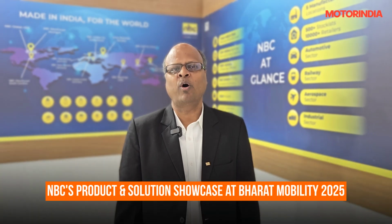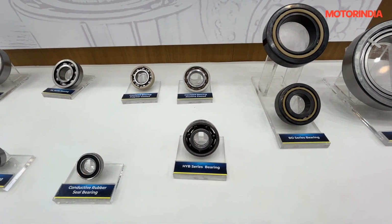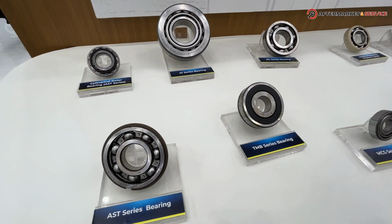So we are located in Hall 1 E37 in the bearing section. What we are showcasing is how we are working together with customers, and the solutions which are customer specific. Not just what we typically do, which is ball bearings, taper and cylindrical bearings, but the new things which we have been doing. One of the few things which we have introduced here is our preset solution which